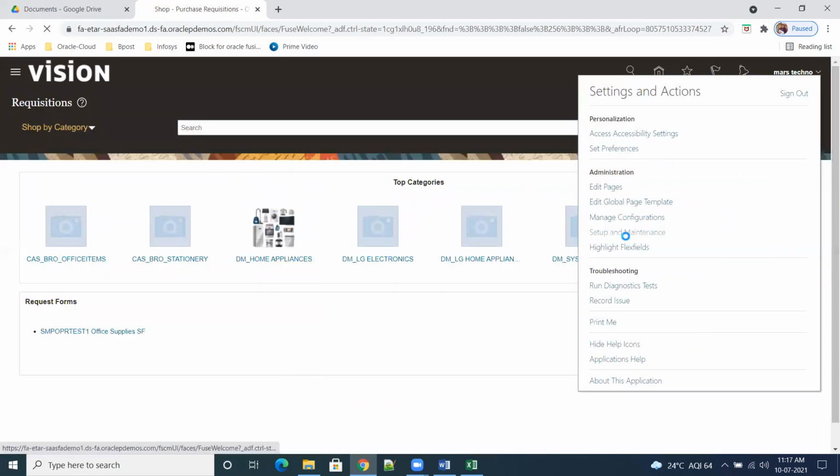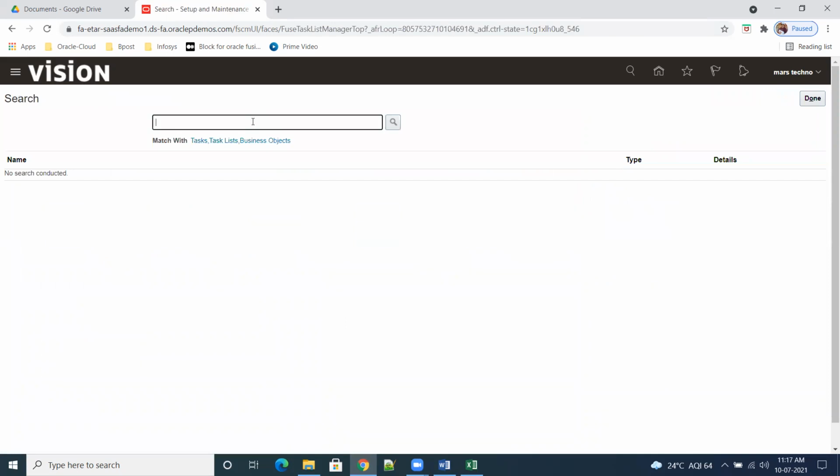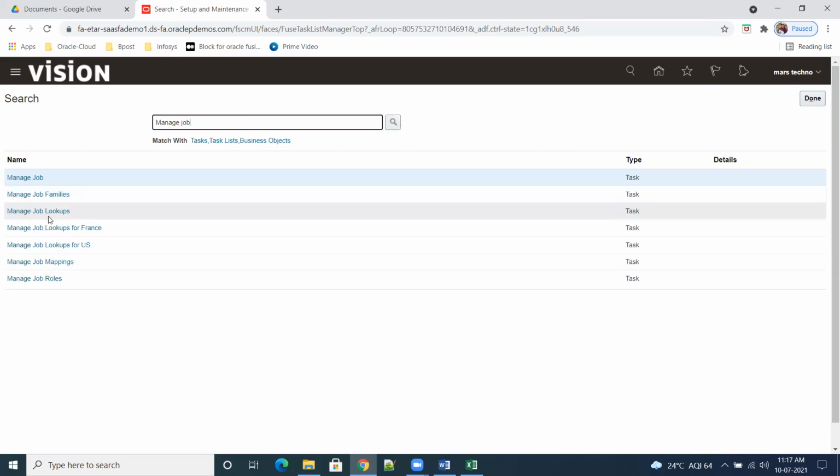So go back to setup and maintenance. Global search, manage jobs. See, we have a lot of jobs. We can make a job family, and then under the family we will create the jobs. But now I'm directly creating the job.